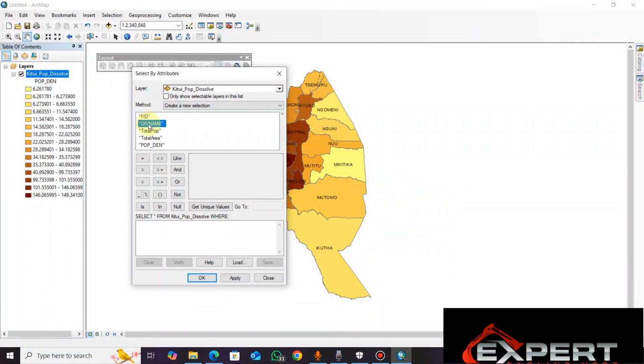Double tap on it until it opens. So when you double tap on div name, it should appear here. So you're telling the application it should select from Kitui Pop Dissolve exactly in this field called div name. So after that, you click equals. Make sure div name, if you make a mistake, clear, and then click on it until it